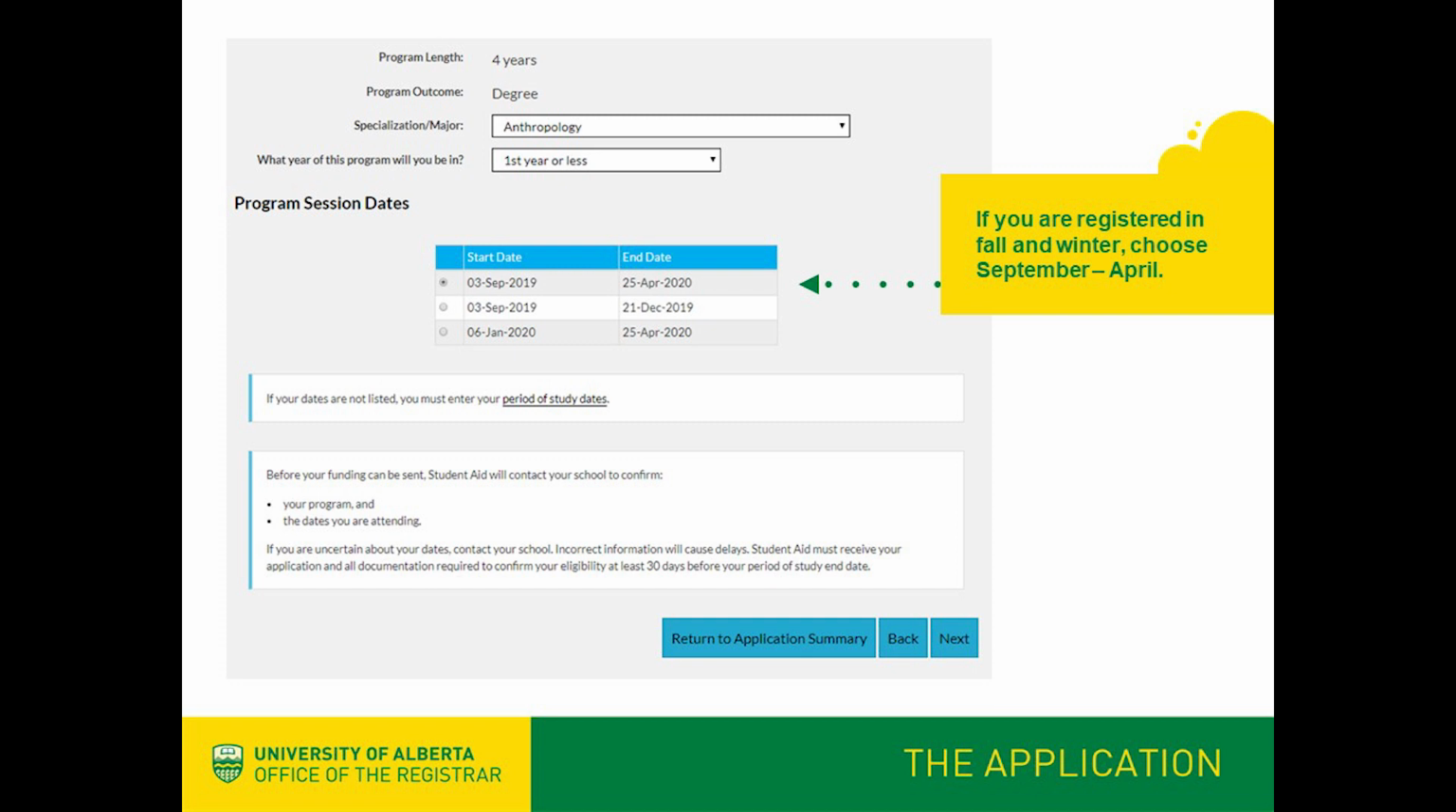If you would like to apply for a student loan for fall and winter, you can choose the September to April dates. If you'd like to apply for a loan just for the fall, you can choose the September to December dates. If you are an undergraduate and you would like to apply for spring or summer courses, you will